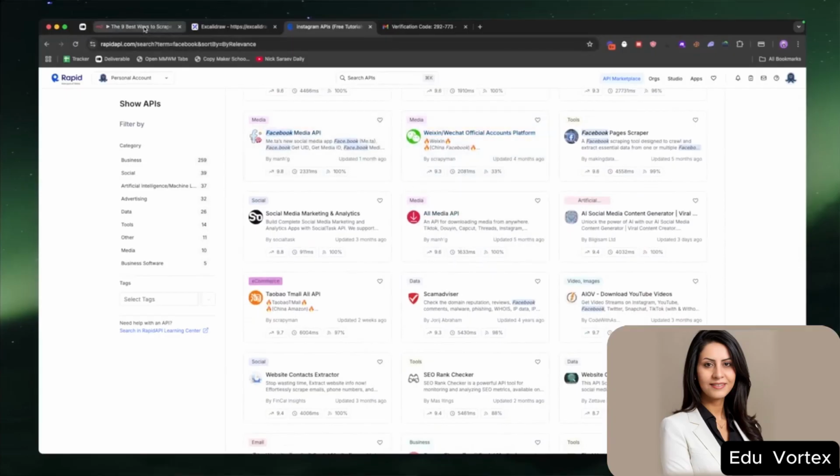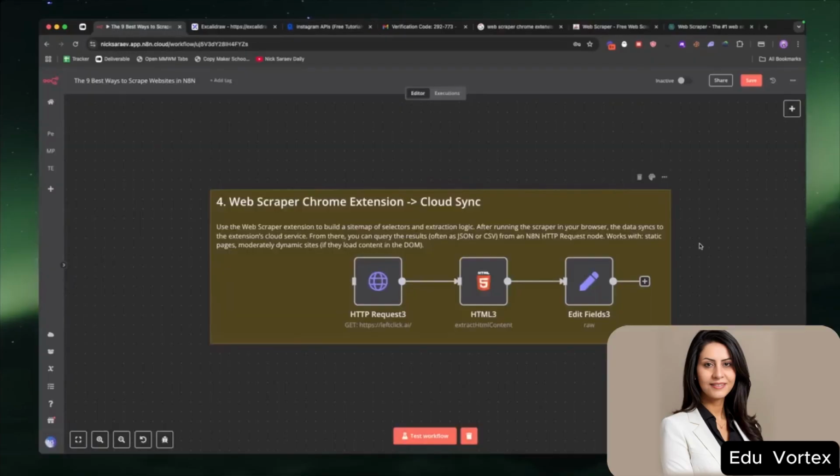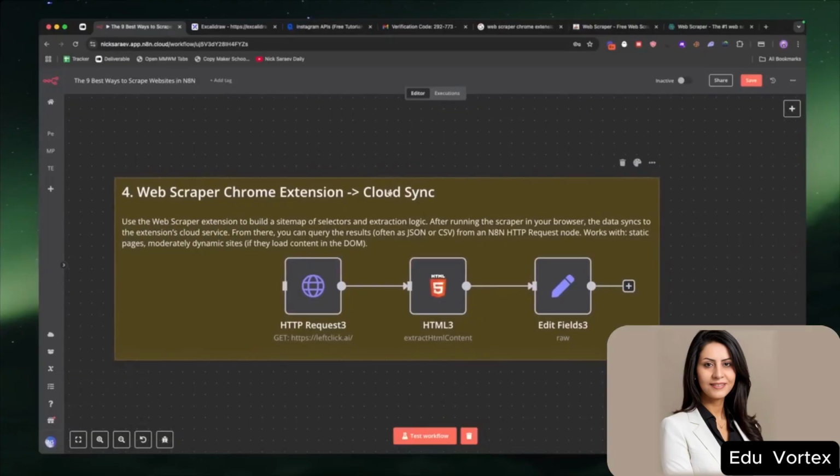The next way to scrape websites in n8n is using the web scraper Chrome extension and then tying that to a cloud service that delivers the data that you just created using their no-code tool in nicely bundled formats. It's called Cloud Sync. At the time of this recording, I think they changed the name a couple of times, but